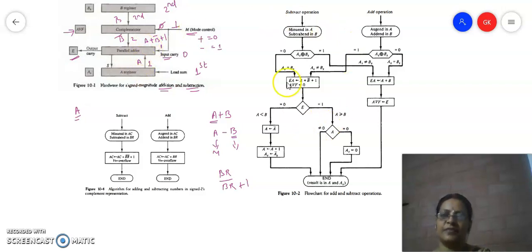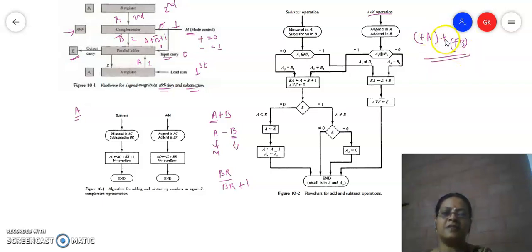Now we will just see the flow chart. This is going to explain the flow chart for implementing this addition and subtraction operation. First we will just start with the add operation. As I already told, augend in A, addend in B. So the input is given like this, plus A, and then the operation is plus, and then we have to add plus B. So A plus B.